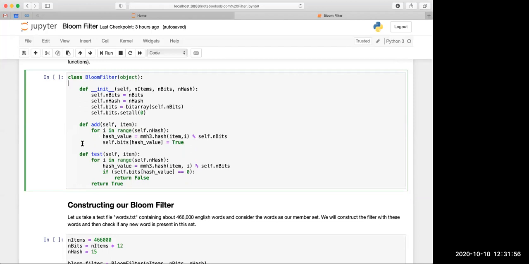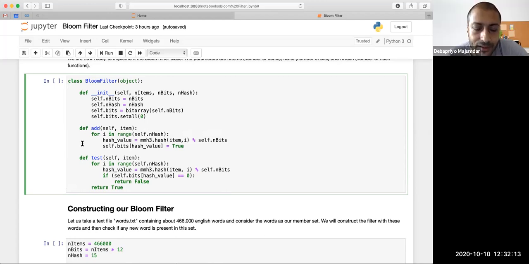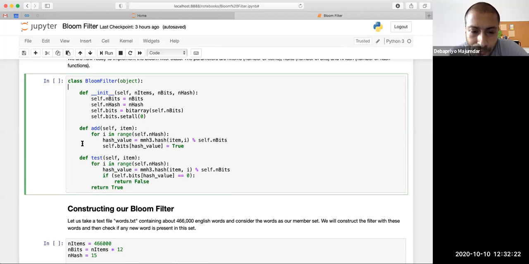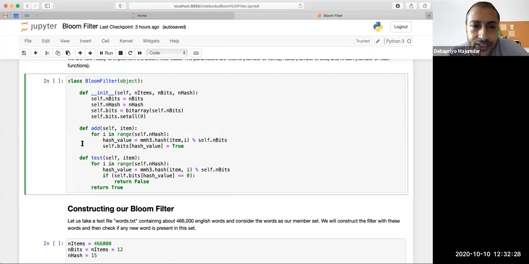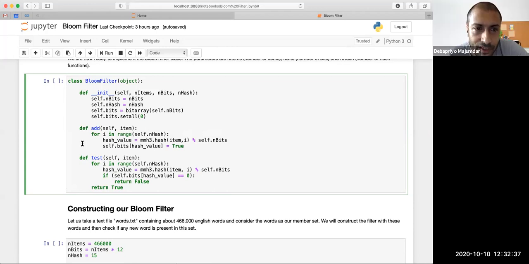Sir, just in that initialization part, def __init__(self, n_items, n_bits, n_hash): n bits refers to the bits that you mentioned in the theory class, n hash is the number of hash functions, and n items refers to the number of email addresses? Yes, the number of documents, whatever number of elements that we know. Then a new element will come, and we need to check whether it belongs to my known set. So the size of the known set is my number of elements.